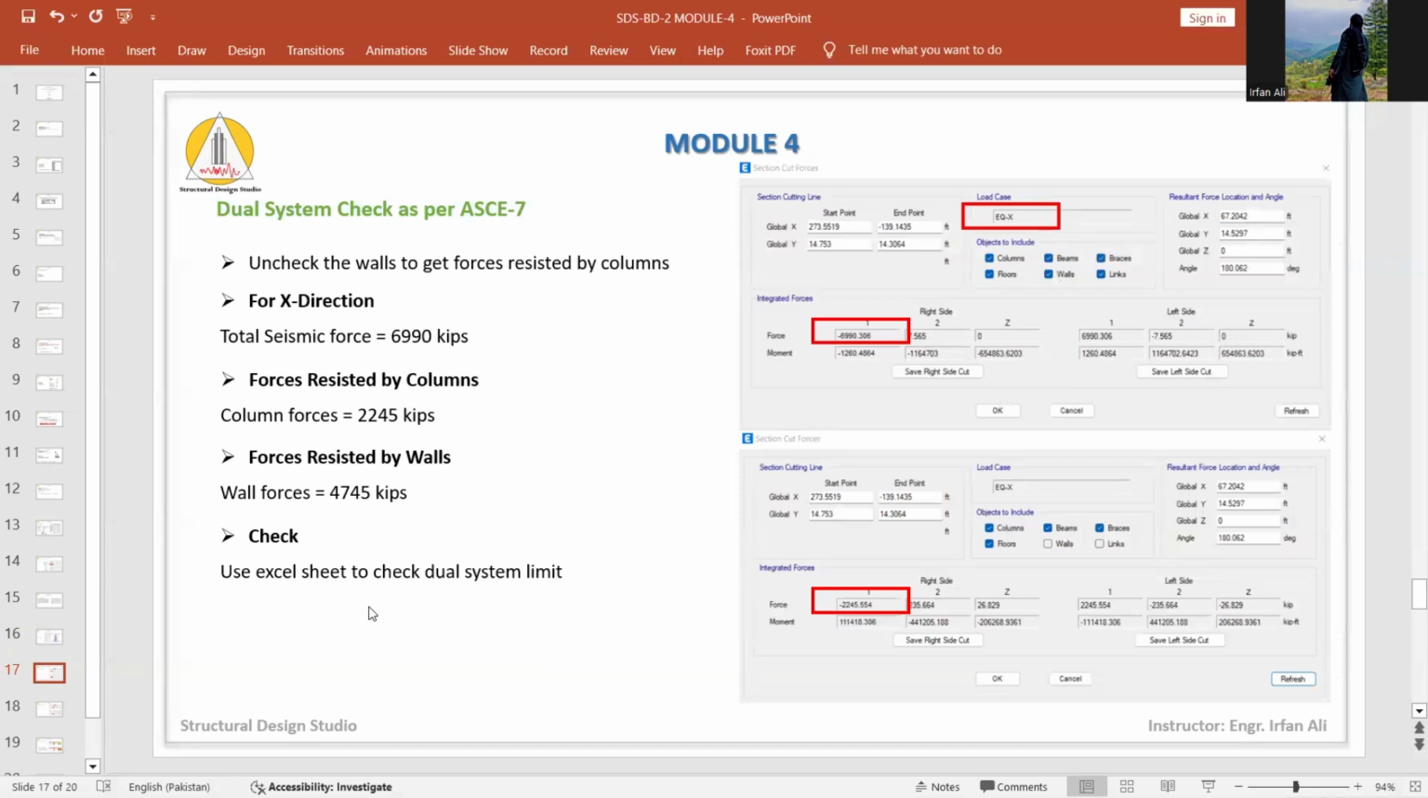For the dual system check, uncheck the walls to get the forces resisted by the columns, which I have shown you, that the total load resisted by the walls plus columns is 6990. And if you uncheck the walls, the column forces is 2245 kips, and the forces resisted by walls is 4745. So you have to insert these three values